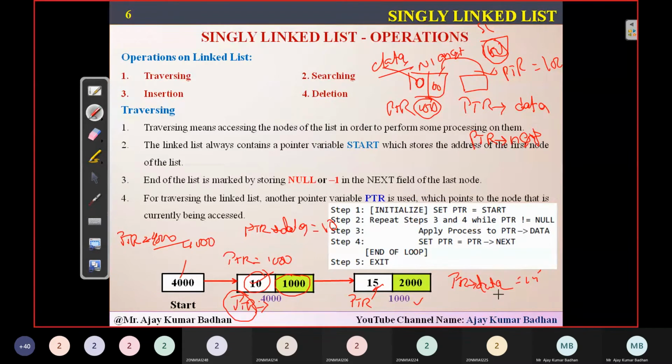Next, I want to go to the next node. How can I do it here? Simply ptr = ptr->next. What is the value present in the next field of this node? 2000. So ptr->next holds 2000, and we store that in ptr. Now ptr will jump to the next node.